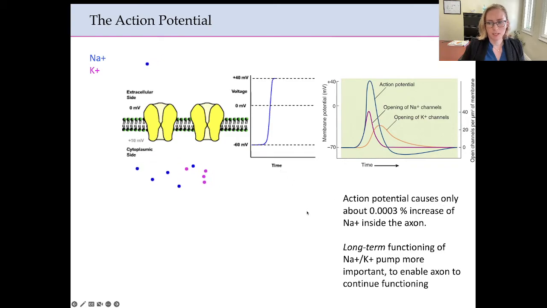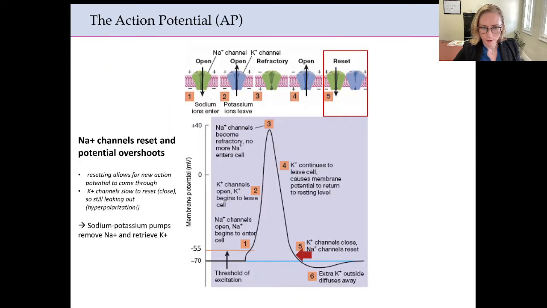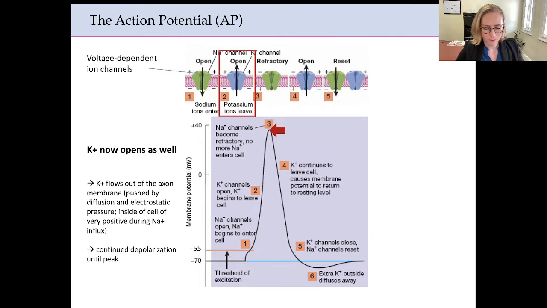But one thing to keep in mind, just perspective-wise, the action potential only causes 0.0003% of an increase in sodium inside the cell. So even though I said it is 100 million ions per second, also keep in mind, I don't think I put on here how fast this is occurring. Do I not have a, sorry,